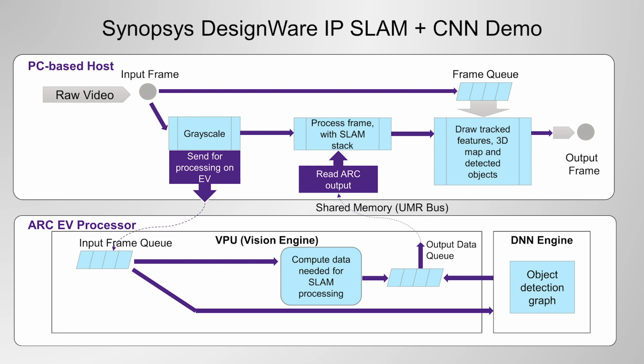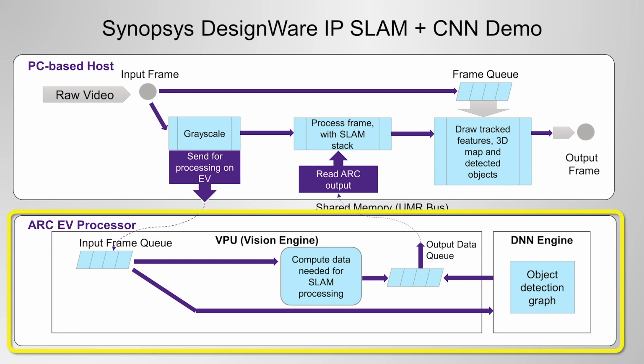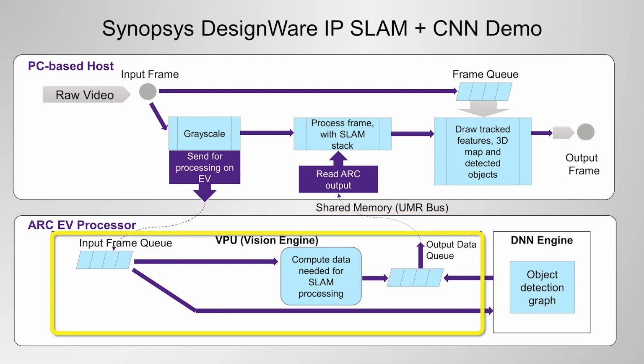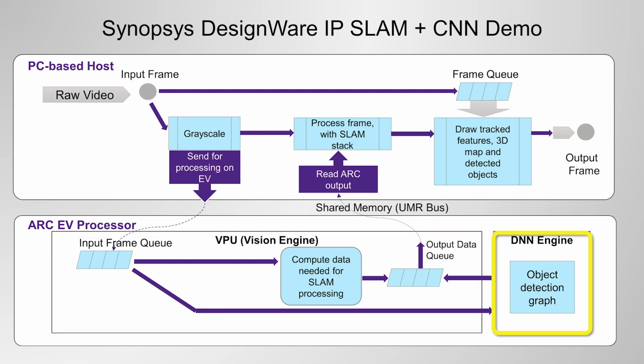What exactly has been accelerated? KudanSLAM algorithm has two main parts: front-end, which is responsible for the feature extraction and matching, and back-end, which is responsible for map correction. We've accelerated a part of the feature extraction pipeline. SLAM acceleration is not the only thing done by the EV processor in this demo. VPU is working simultaneously with the DNN engine, but on independent tasks. The VPU processes the image data which is needed for SLAM processing, and the DNN engine runs the 3D object